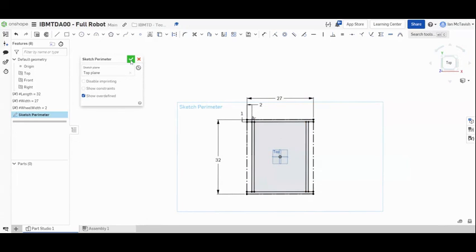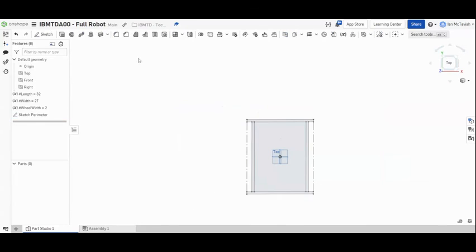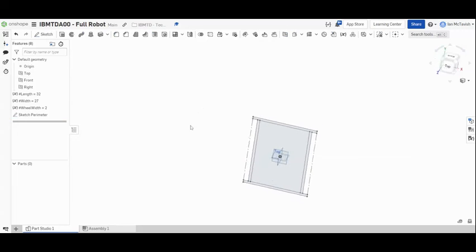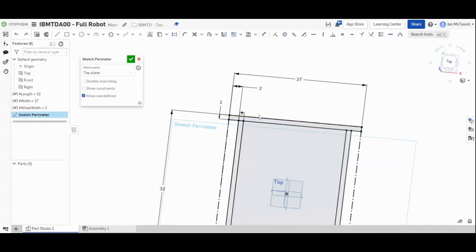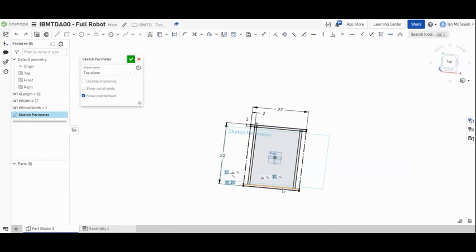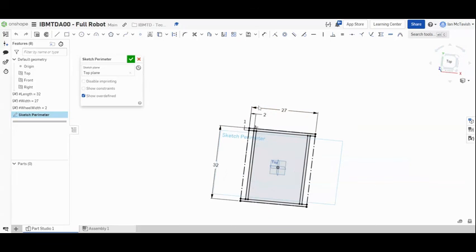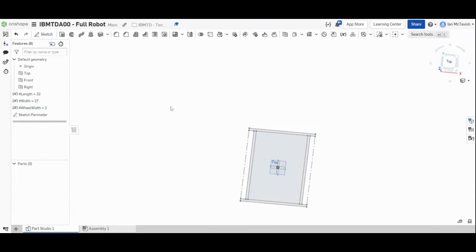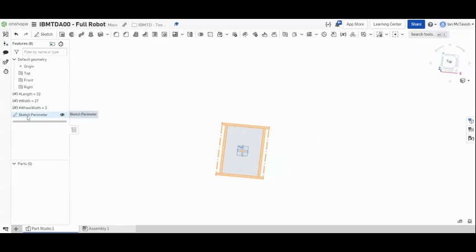And in our next tutorial, we're going to learn how to take that shape and make it into a 3-dimensional object. Right now, it's a 2-dimensional sketch. So I have a rectangle up top, rectangle on the bottom, rectangle for the left rail, rectangle for the right rail. And that is going to be the perimeter of my robot. I'm going to make sure that I've exited the sketch, the green check mark, so you can see by the toolbar that now you're just in the standard part studio. So stay tuned for our next episode where we will start making this into a 3-dimensional